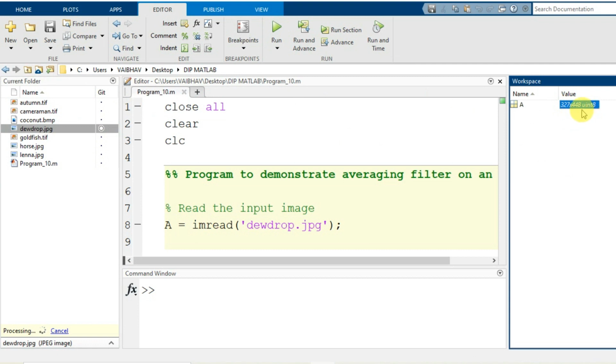It has only one band, so it is not written 327 by 448 by 1. If it were a color image, it would be by 3 for the 3 bands corresponding to red, green and blue. So here we are accessing the grayscale image.